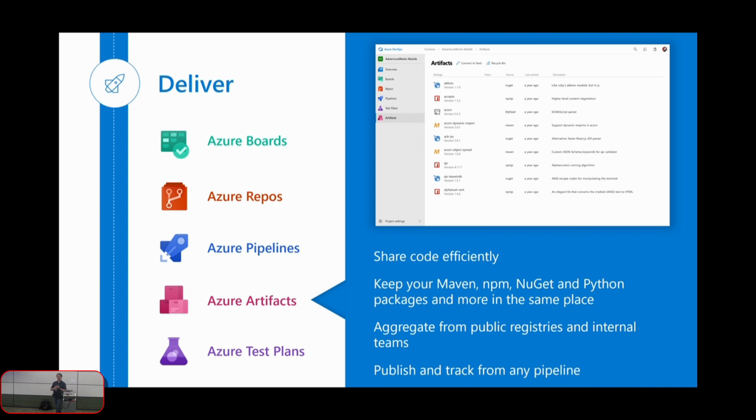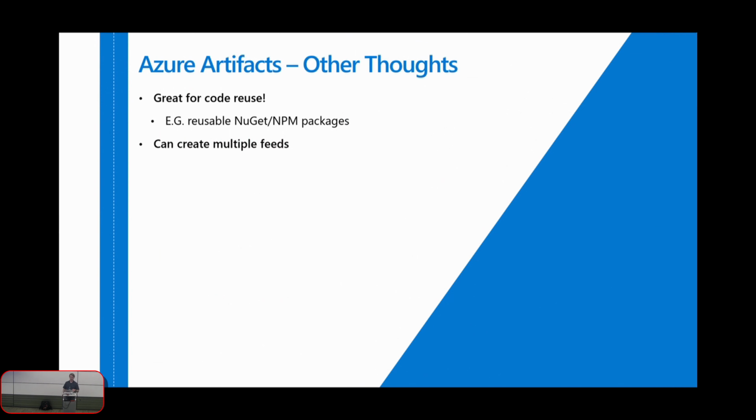It's good for build performance because it's going to help speed up your builds a little bit, because it can cache things closer to where your builds happen. But it also gives you that extra level of security or protection. It wasn't that long ago, for example, where a developer, I believe, did delete an NPM package, right? And I don't know, broke half the internet or whatever it was. If you were using Azure DevOps in that scenario today, that wouldn't be an issue if you were caching at the Azure DevOps level. Yeah, great for use. You can create all kinds of feeds.